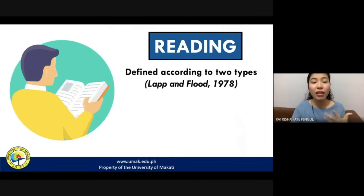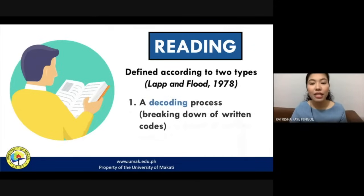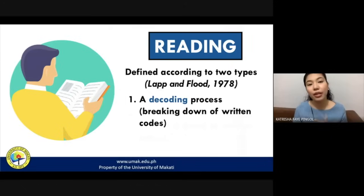So let's try to define the terms first. When it comes to reading, according to Lapp and Flood in 1978, it's defined into two types. The first type is that reading is considered to be a decoding process. So what do we mean by decoding? When we say decoding, it's the breaking down of written codes. And when we say written codes, we are simply referring to the letters, the words, the symbols that represent